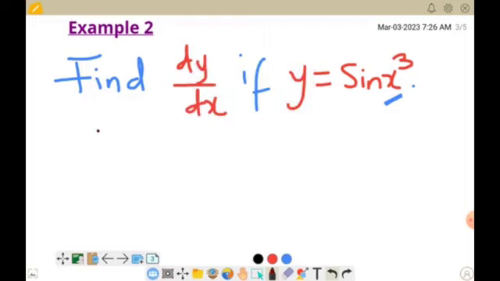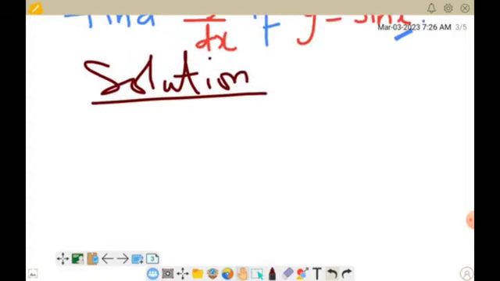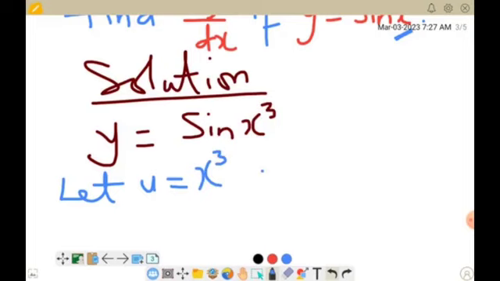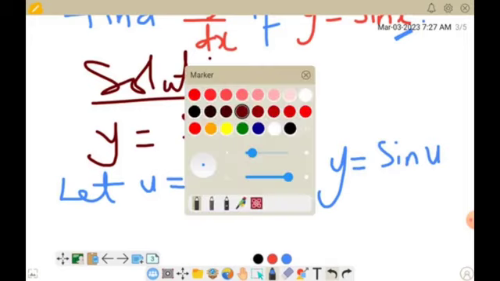We have a solution here. Okay, how do we go about this? First, let's write y equals sine x to the power of 3. Okay, as earlier said, so let u be equal to what we have here, which is x to the power of 3. And if that's the case, it means that y will be equal to sine what? Sine u, because x cubed is already u. Alright, let's go ahead and